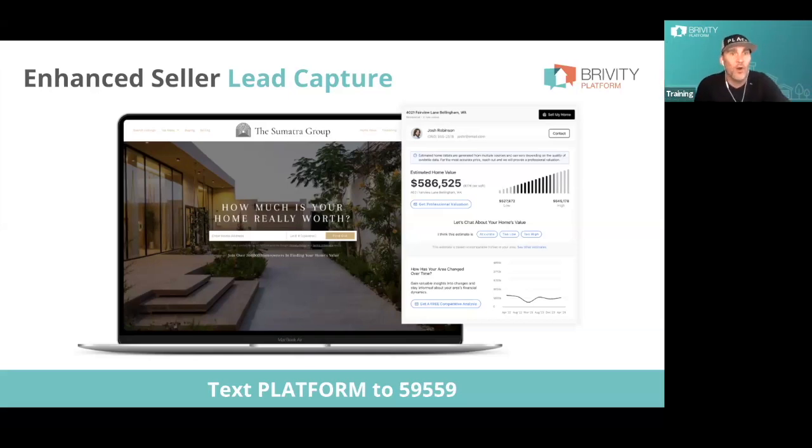So if this was your seller lead capture page and the background doesn't look like a house where you sell, Clay, cool, we'll make it look like an area that Clay sells in. James, if you sell townhomes on the beach in Florida, awesome. We'll make this look like a townhome on the beach in Florida, and it'll say, how much is your Florida townhome really worth? We can customize all of this, but the funnel itself, once they enter their address here and we go